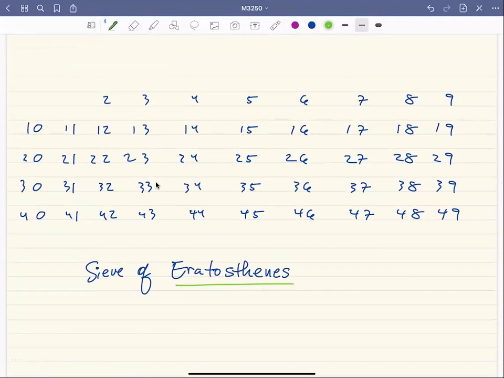Eratosthenes was actually famous for 2 things, really. Well, most famous for 2 things. He was famous for this method of finding all the primes up to some integer. And then he was also the first to give an accurate estimate of the size of the Earth. And basically he used his knowledge of